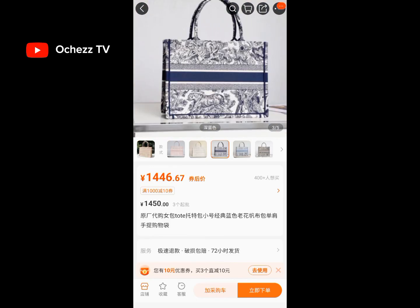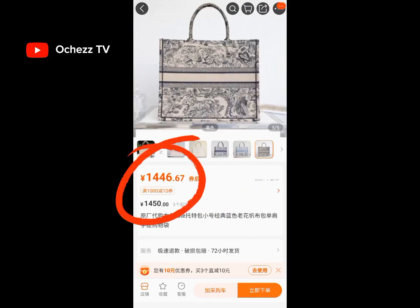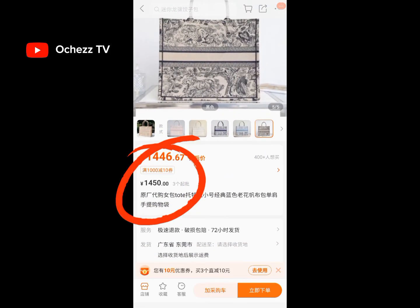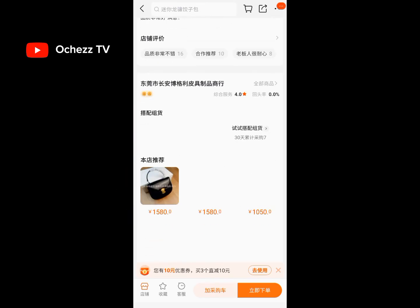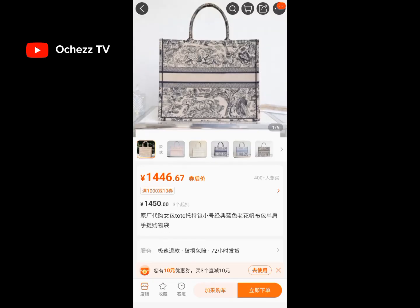Which brand is this one? Seriously, I don't know this brand, but look at the price. The price is 1,446.67 RMB. This person might be the original, maybe the original brand, or maybe the person has license to sell,